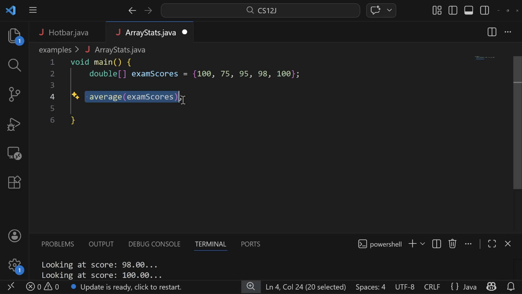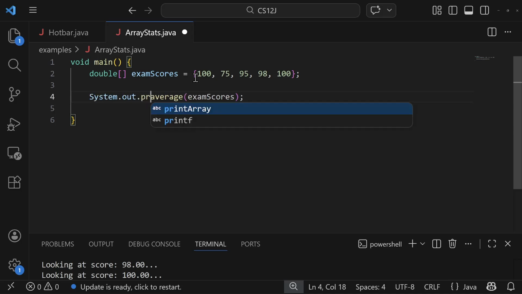Okay, but in this case, we want this method to return some value. So it's a non-void value, meaning we can store it somewhere. Or actually, instead of storing it, let me print it instead. Let me just put in a print statement. Let me system.out.print